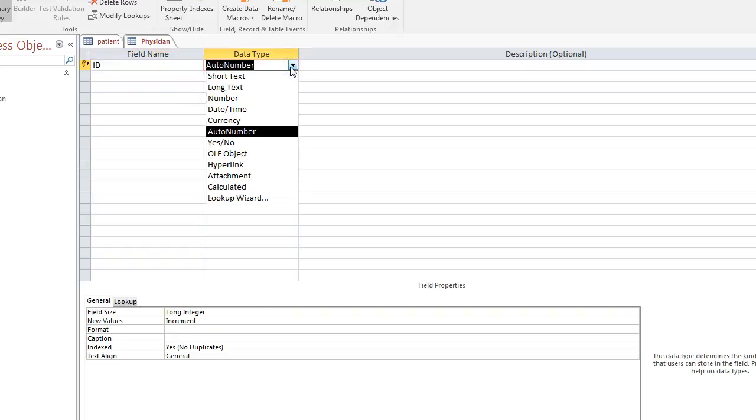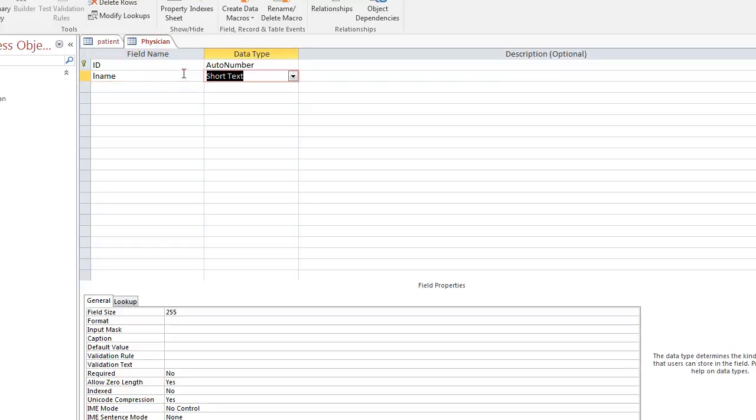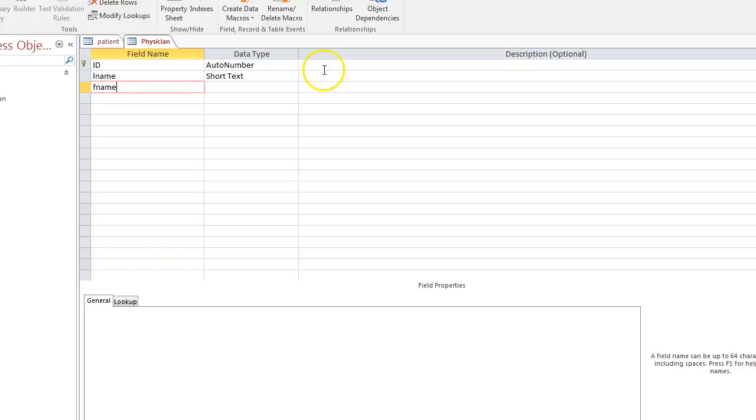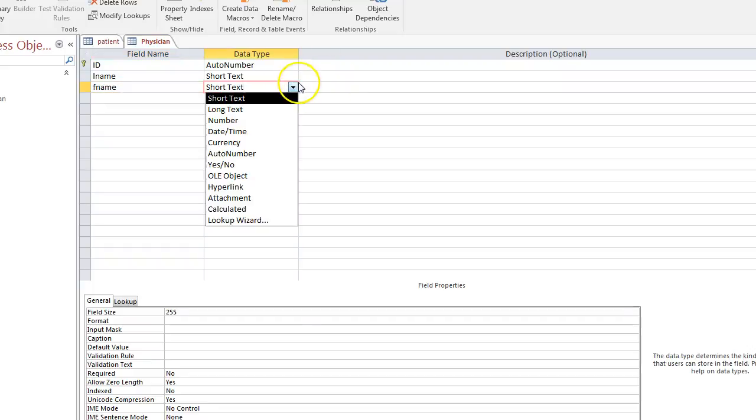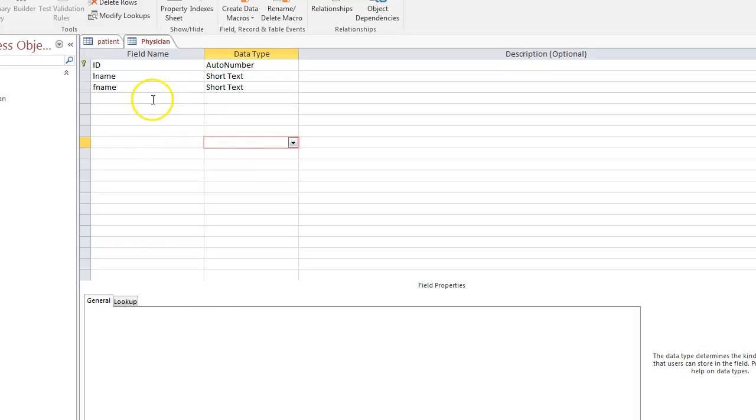The data type should be AutoNumber, and then you can put the last name with short text, 40 characters, and first name, same, short text with 40 characters, and such and such. So you can put basic properties or attributes characterizing physicians, specialty, and date of birth, and all the identification type of